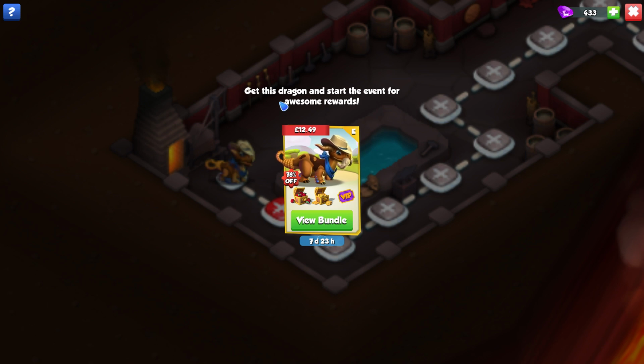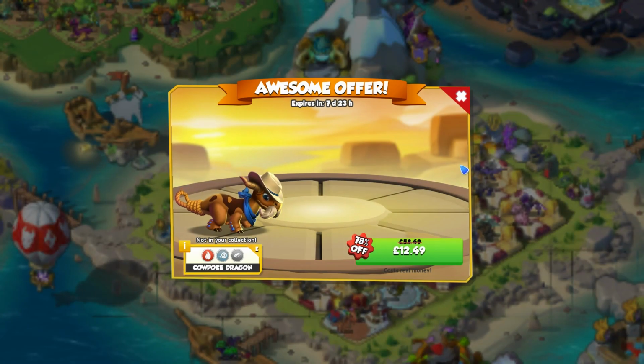So you'll see that if you go into the Wings of Freedom event, this is one of those special, I've forgotten the name for it. It's the same as the Bludgeon event that we had a long time ago, where you could get the Duskwing dragon, where you can only do this event if you have this dragon. So get this dragon and start the event for awesome rewards,